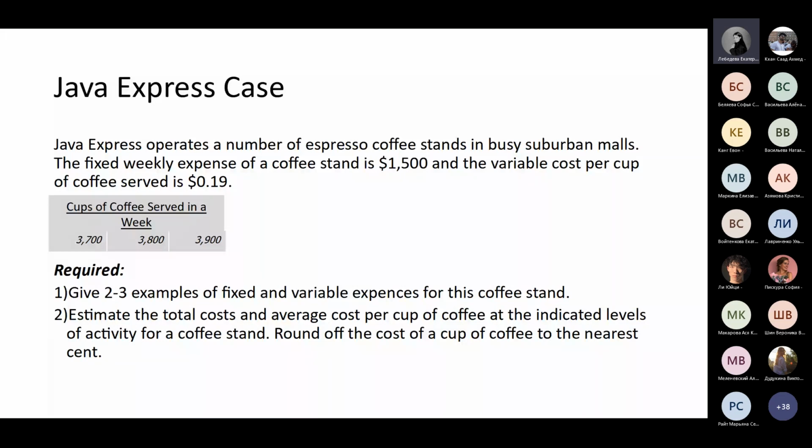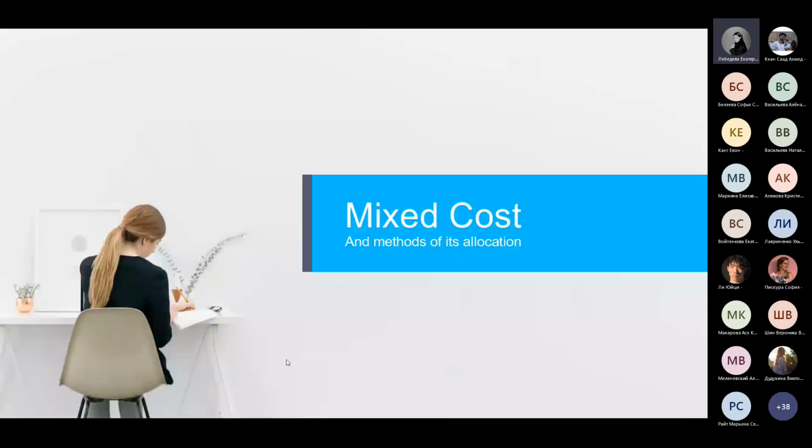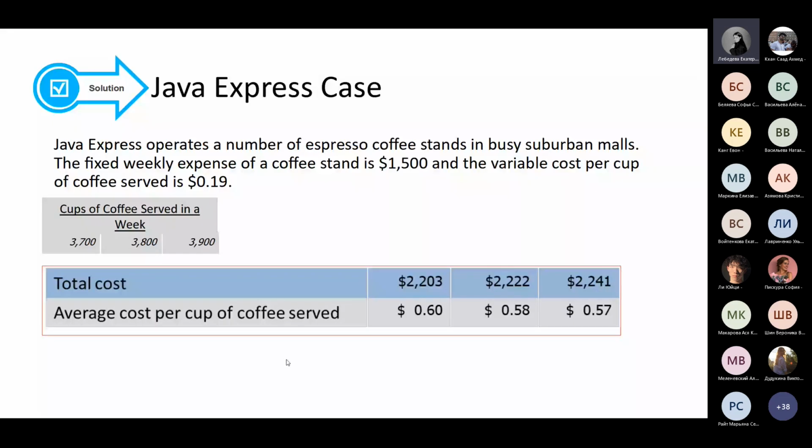So how to perform this? This is a solution of this exercise. You know that total cost is calculated as variable cost multiplied by activity level, and to this value we add our weekly fixed expense, and therefore total cost is the arithmetic sum of those